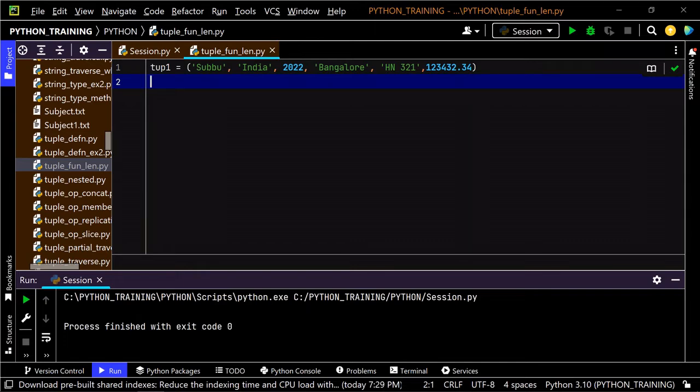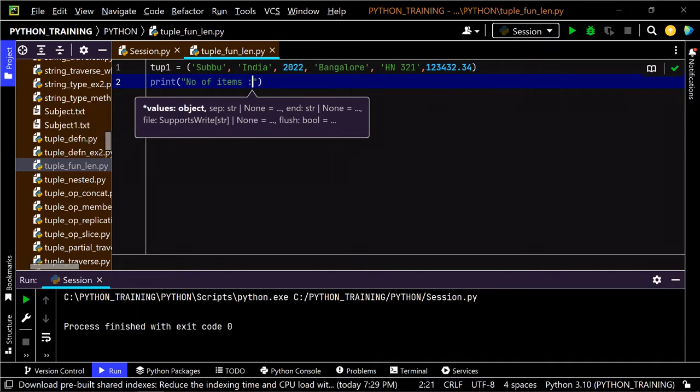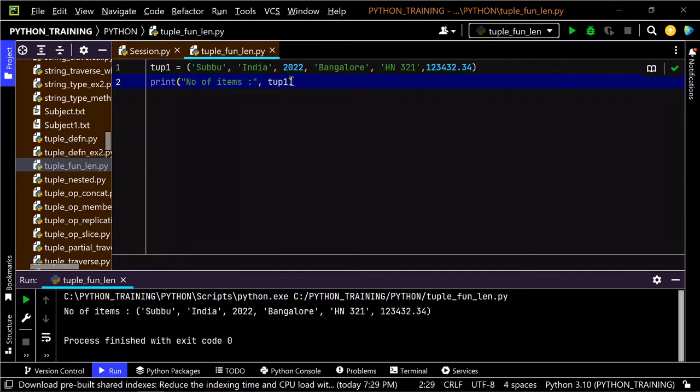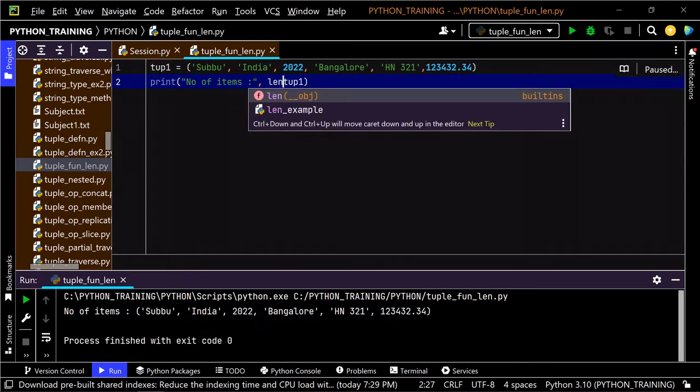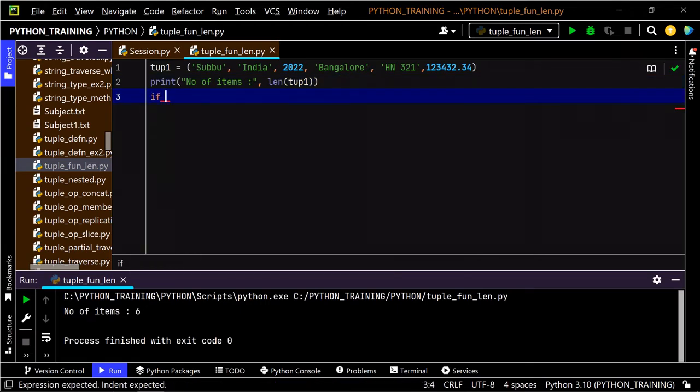How do we get the length of this tuple? So let me print the length of this tuple. Let's say number of items. Number of items that we can do here is I can specify the length of tup1. So if I'm running this program, here you can see number of items is 6. Let's say my requirement is, if number of items equals 6, if length of